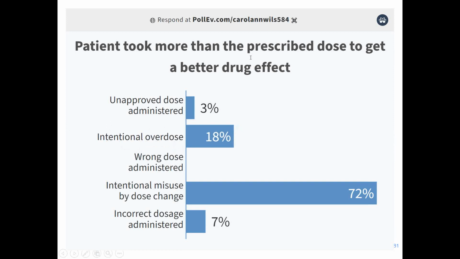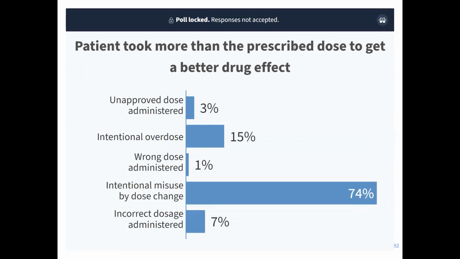Patient took more than the prescribed dose. It could well be that even if you took more than the prescribed dose, it could still be in the dose range that is defined in the label. So it must not have been an overdose. It would again be an interpretation. Intentional misuse by dose change would be the best code assignment here.